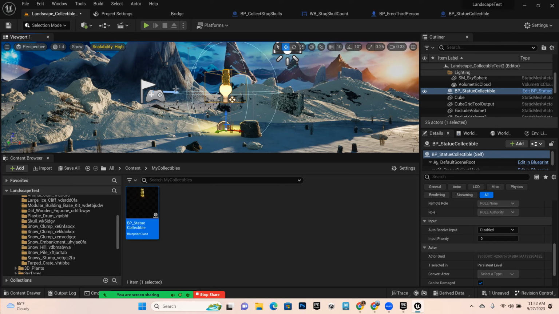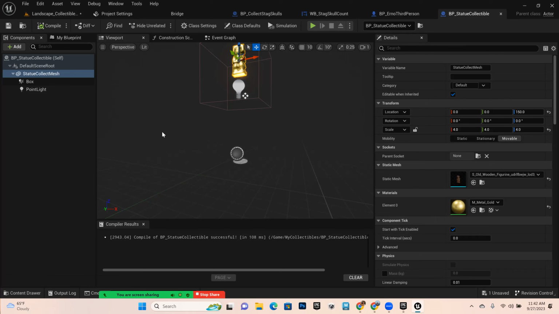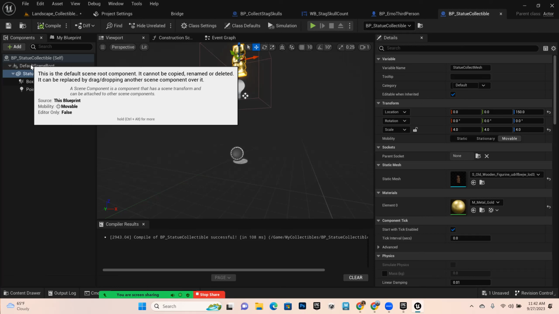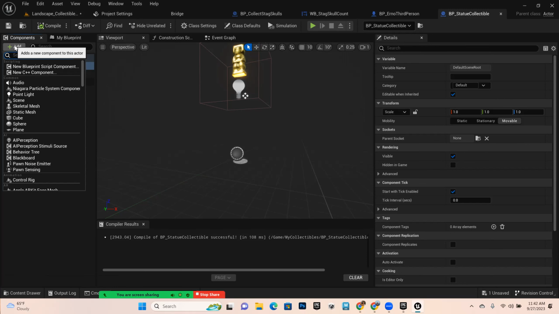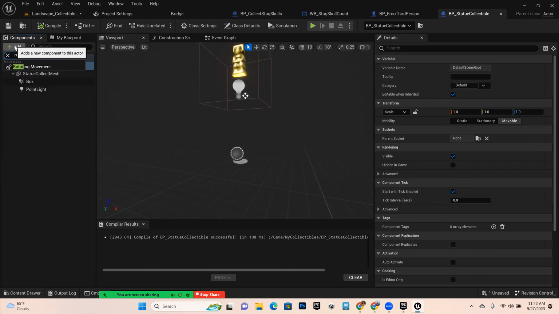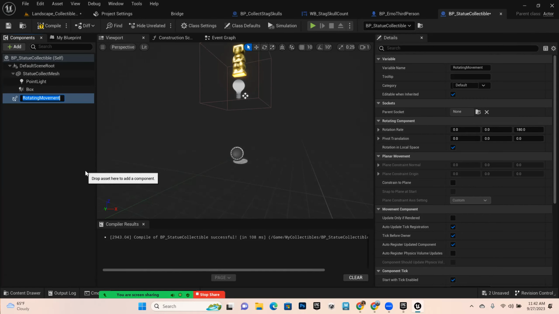But if we want to rotate it, we can go back to our collectible thing and add, I'll go ahead and select the default scene root, and I'm going to add a rotating movement. So click on add, type in rotating movement. You should see rotating movement come up. Go ahead and choose it. You can give it a name if you want to, but I'm just going to call it